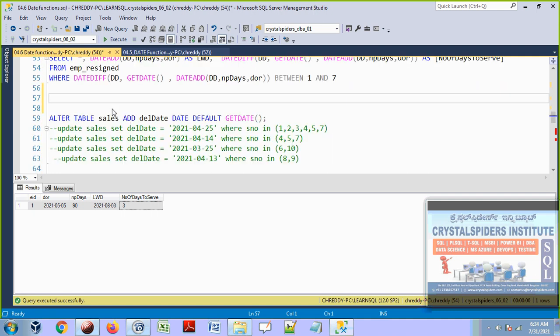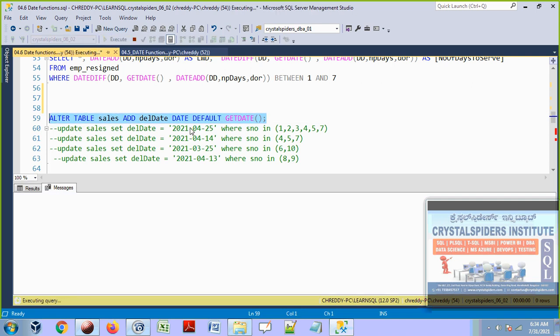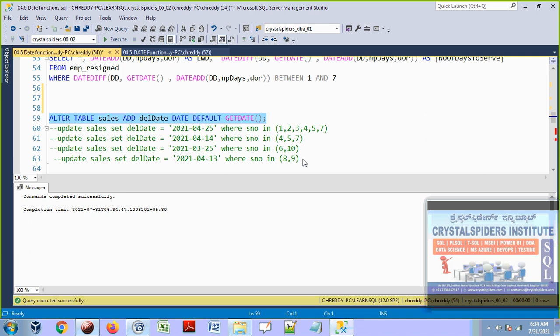I have one table called the sales table, and I am going to add this column, delivery date, to my sales table. Let me add that. And I am going to update some of these dates. Let me put the 8th month, 02, and this one the 8th month, 01.